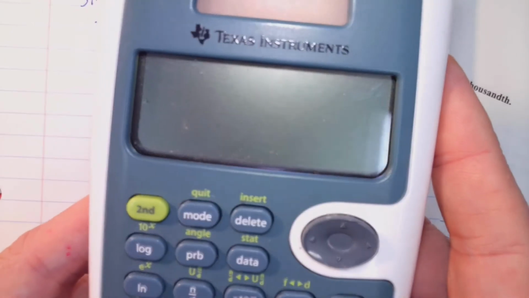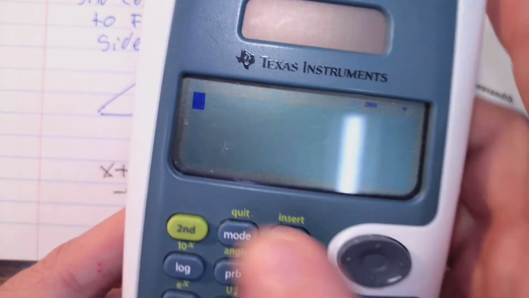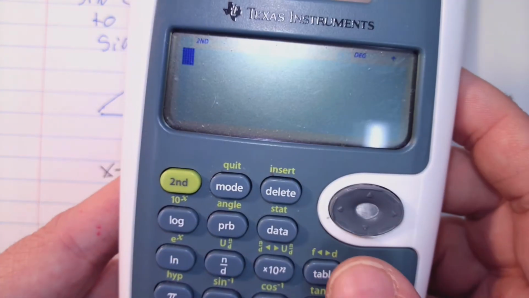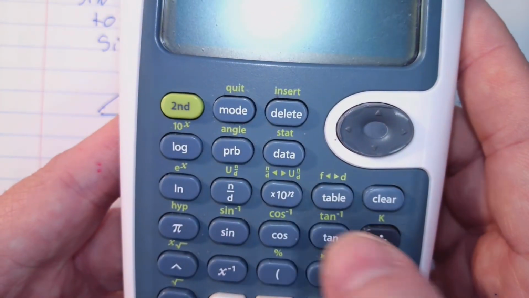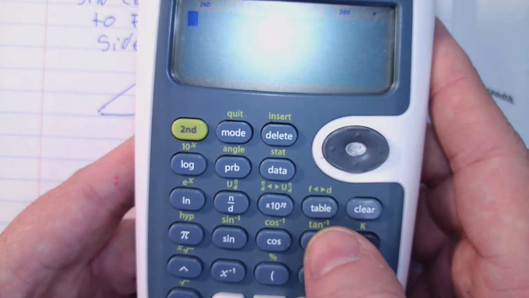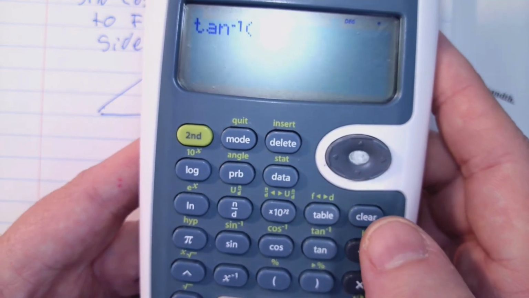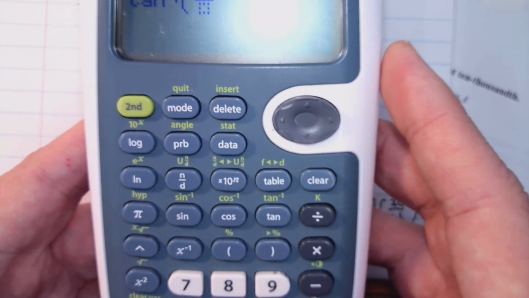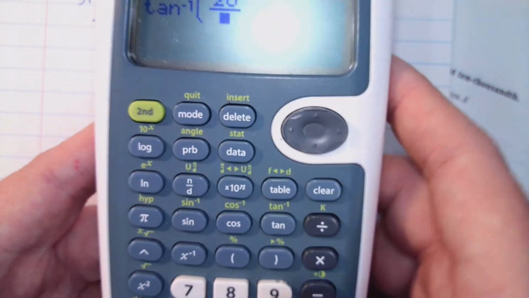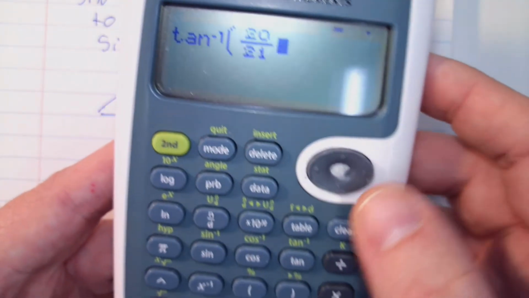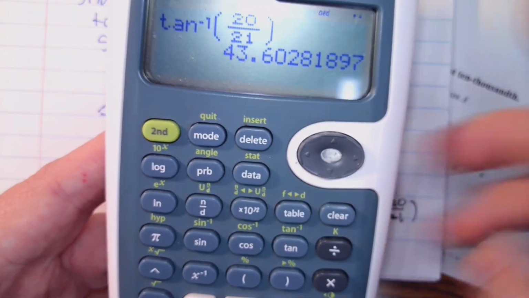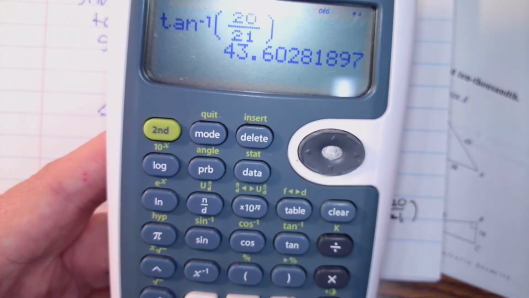So let's see here. Second, we got to turn it on. Second, tangent. See how it did that? And then I just type in that fraction, and I get 43.6